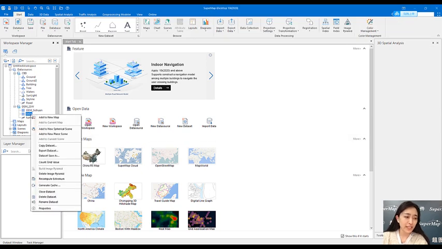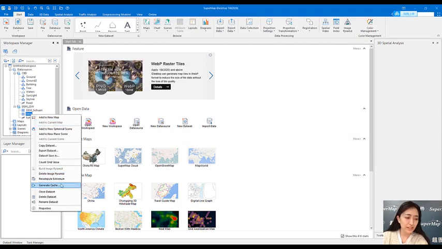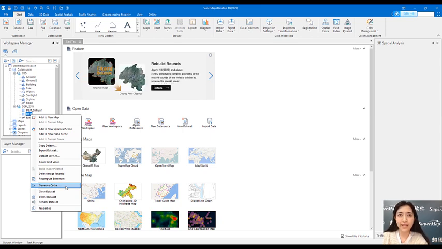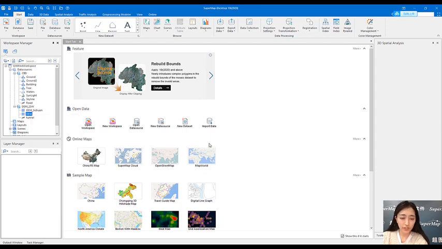And right-click this DEM and there is generate cache. The operation of generating a cache is in our second class, and I have introduced it to you guys. Click this generate cache, and